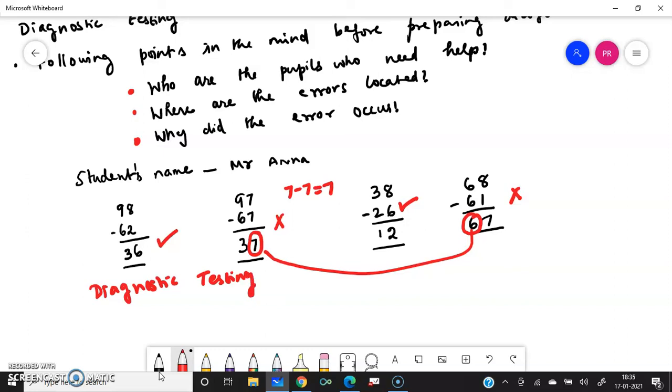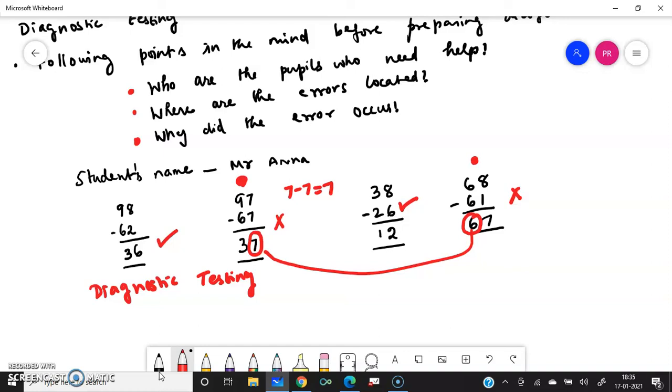What you will do is, this is a normal test. What you gave here is a normal test. Then you are going to give the diagnostic test. You are going to add many questions of this type, where he is making an error. If you give more questions of this type, you exactly understand that yes, this is where you are confirming it. Yes, this is where the mistake goes on. So this type of thing is known as a diagnostic error.